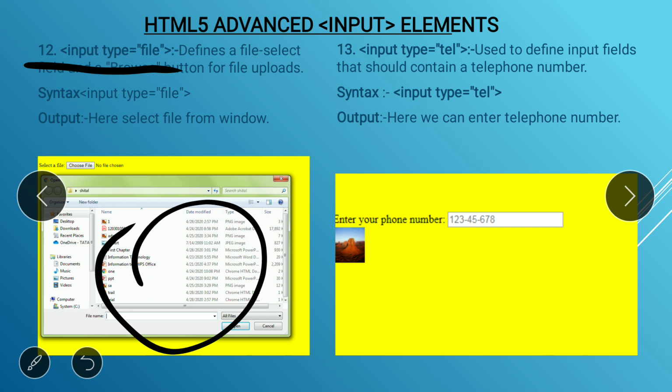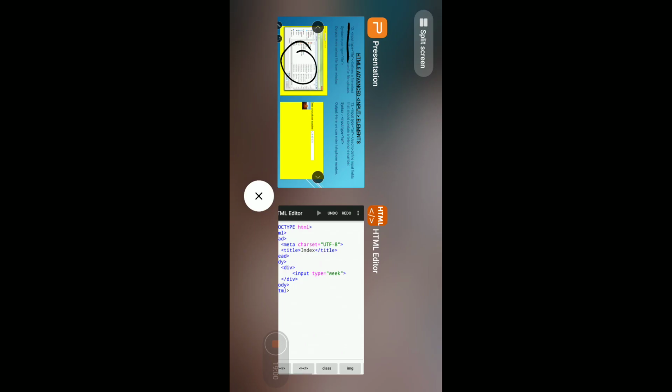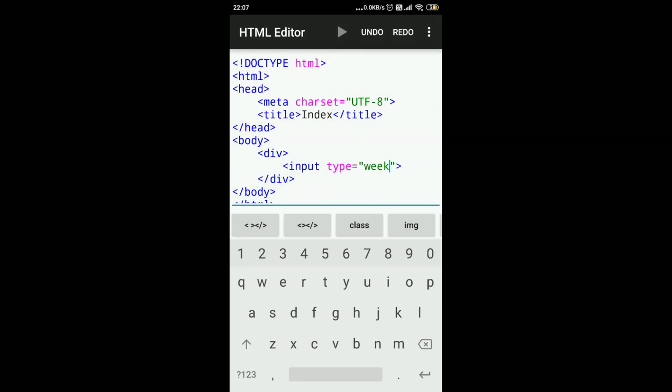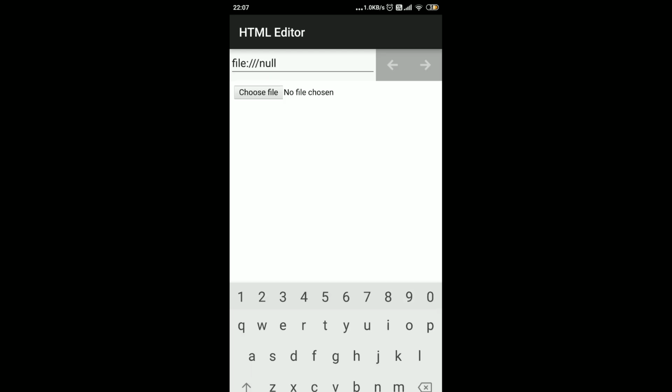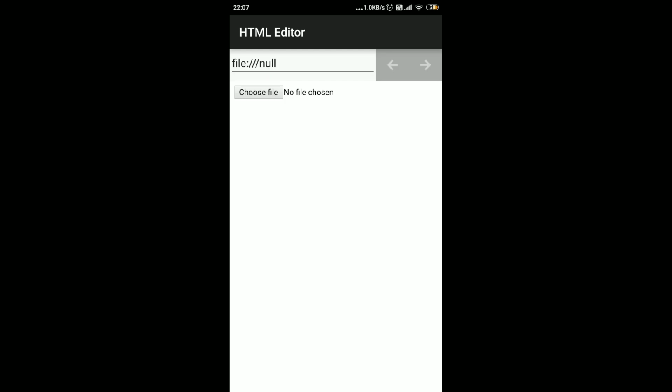So let's do it. If I write down here file, okay, and run. So here you can see, if you click on that button choose file, that opens a window.